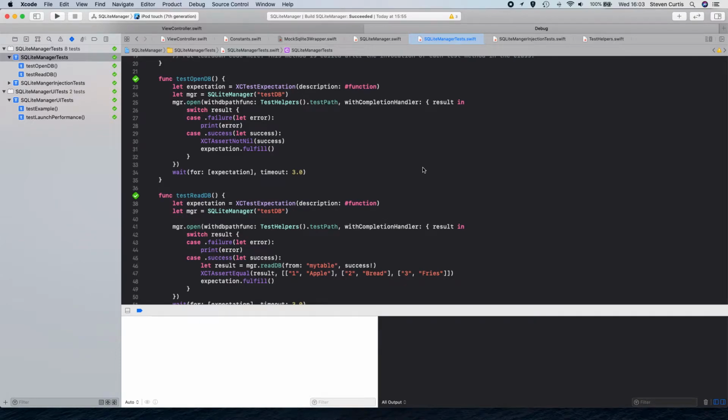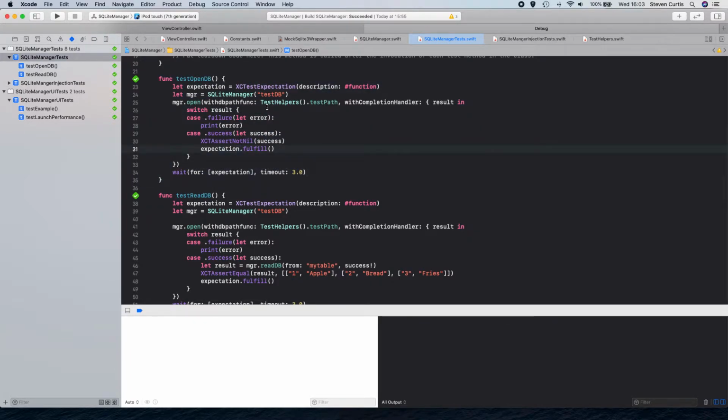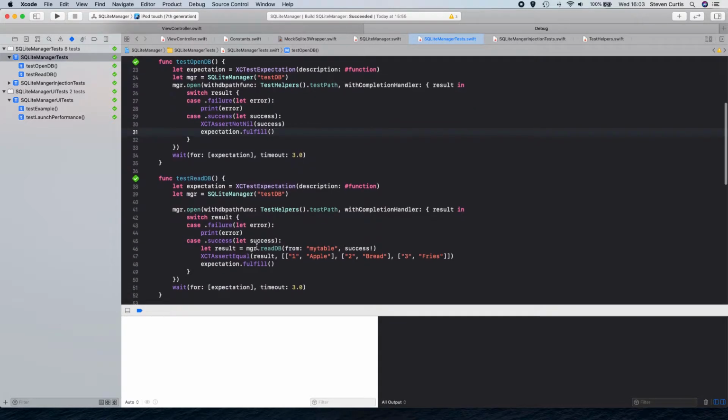Hi, this is a video about the repeatability of tests using an SQLite manager, and the trick here is it's using an underlying database. So in this first naive implementation, there are a couple of tests here. One, where it opens the database, and we're just expecting it to open without a failure. And the second one, where it reads the database and reads out 3 records and checks that they match these